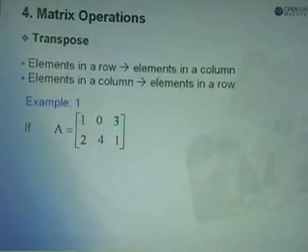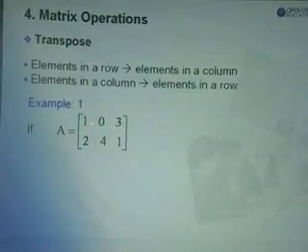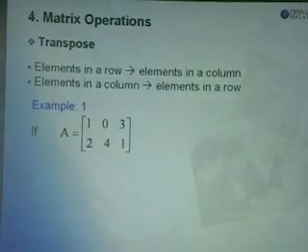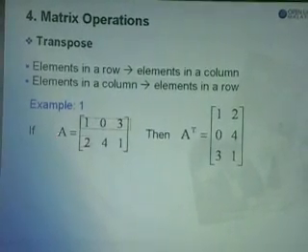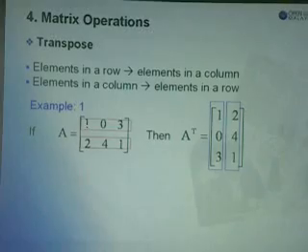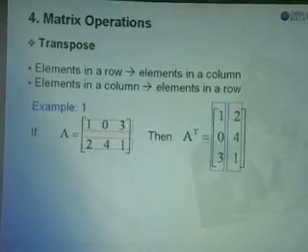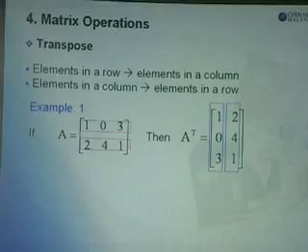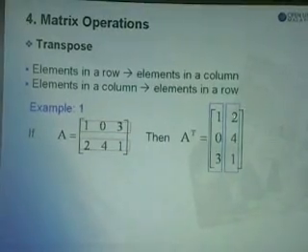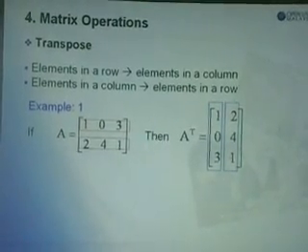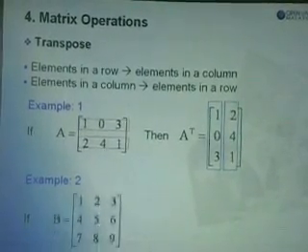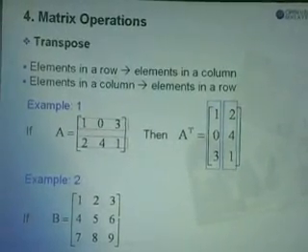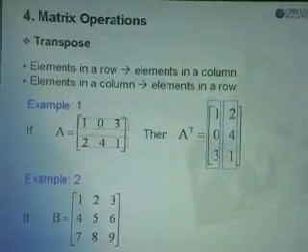If we are given a matrix A, 1, 0, 3 and 2, 4, 1, there are two rows here. When we transpose the matrix A, the elements in row 1, 1, 0, 3 will become column 1. The same goes for row 2, 2, 4, 1 will become column 2, 2, 4, 1. That's all. Example 2. If B is equal to 1, 2, 3, 4, 5, 6 and 7, 8, 9,